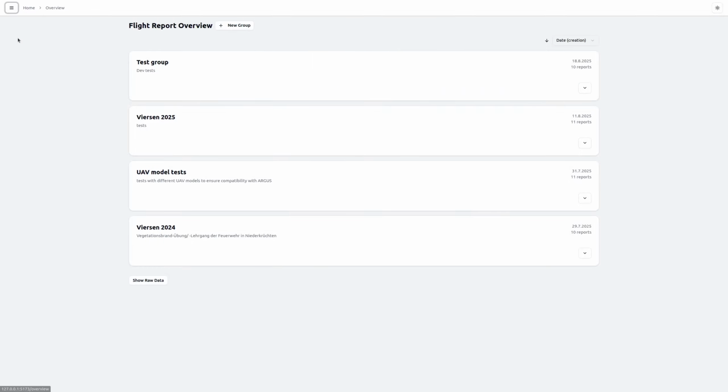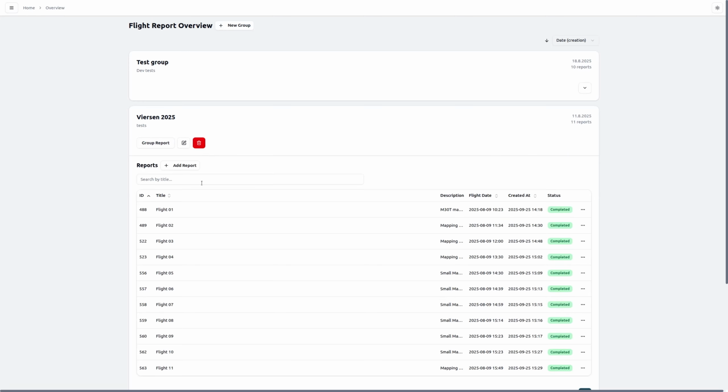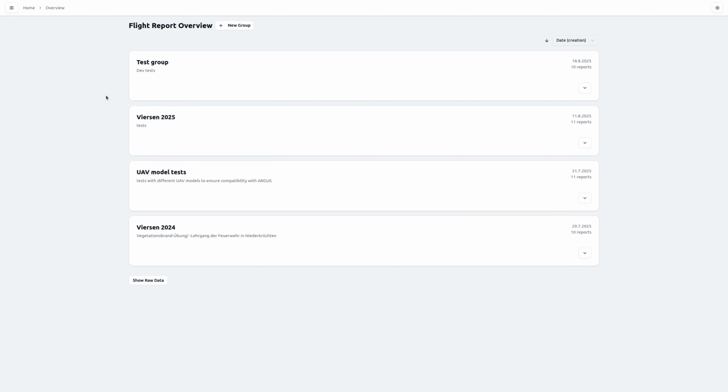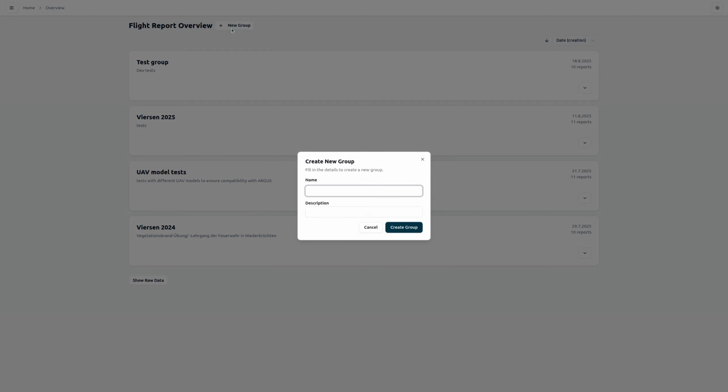First of all, when you launch Argus, this is the home screen. It will be changed later, but for now, since it's still in development, we have to manually go over to the overview page. The overview page shows you all of your groups, and under each group you can have a number of reports. When you first launch Argus, there won't be any report groups, so we will go ahead and create a new group. Click up here, give it a name,